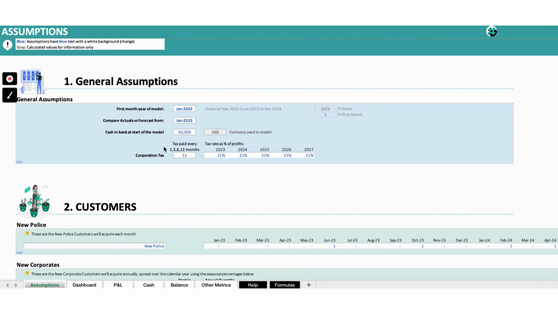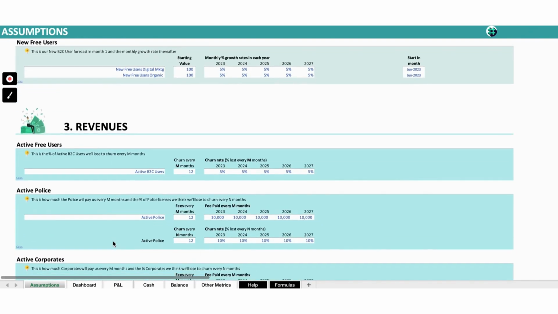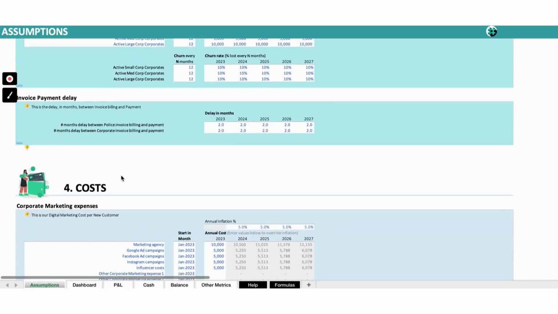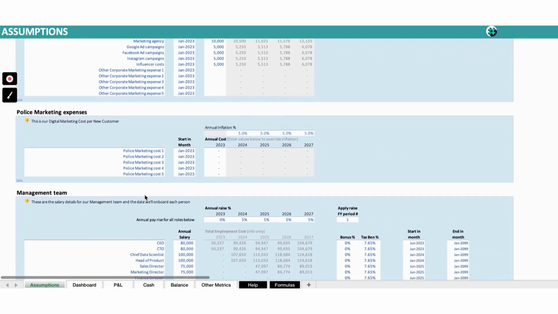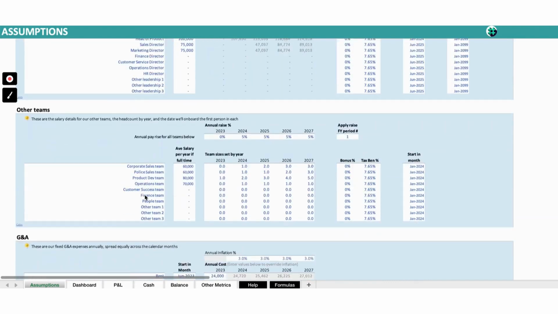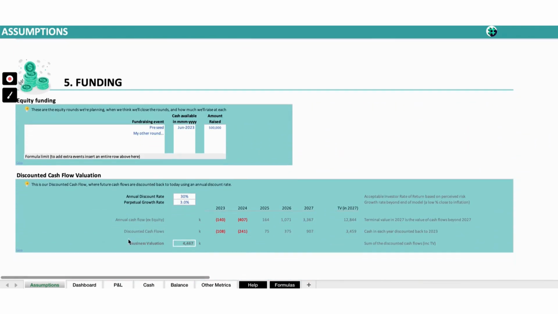I'm just going to show you the 5 sections here, which is the structure of the model. It always starts with number 1, general assumptions, then section 2, assumptions about your customers, section 3, which is about how you make money, so your revenue and business model assumptions, and section 4 is around your cost structure, anything from expenses to people that you've hired, and then section 5 is around funding, as well as a super useful